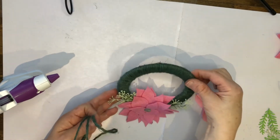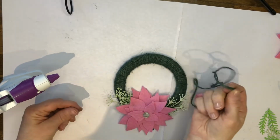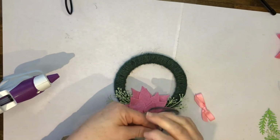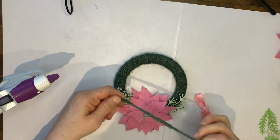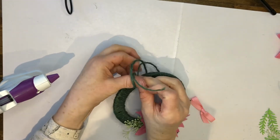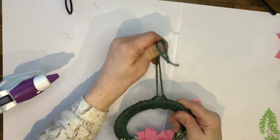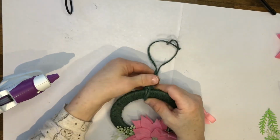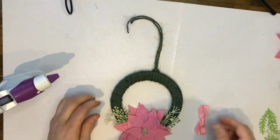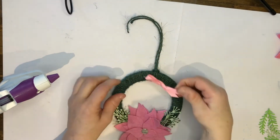So I need to have something to hang my wreath up with, and again it'll depend on where you want to hang yours. I've just cut a length of the green cord, though you could use ribbon if you preferred, and I have wrapped that around the top of my wreath and secured it, and it works well because it's the same colour. And then I obviously have a little hanger,